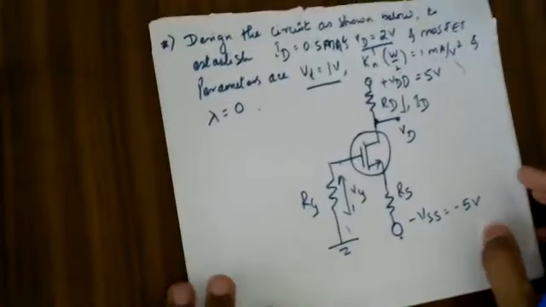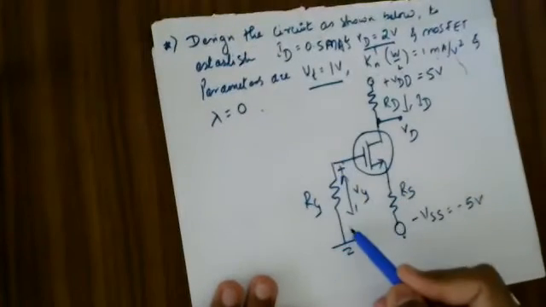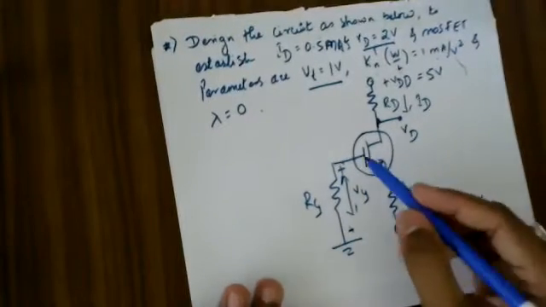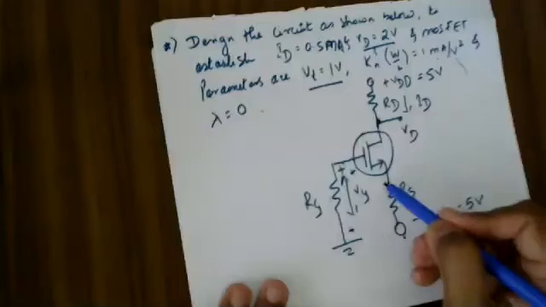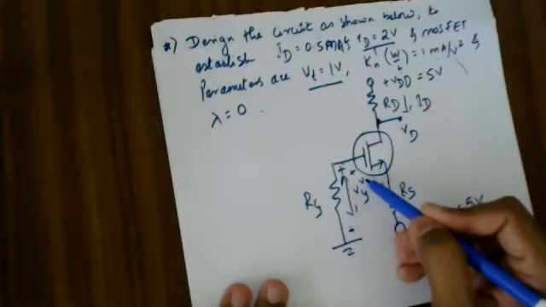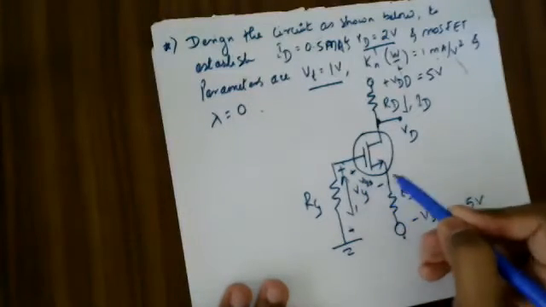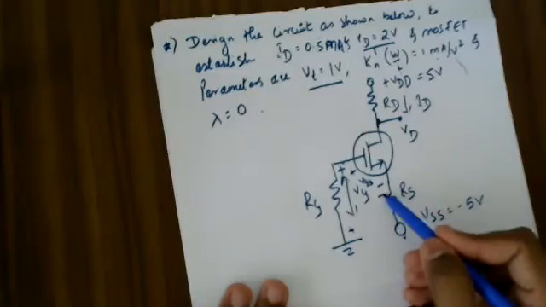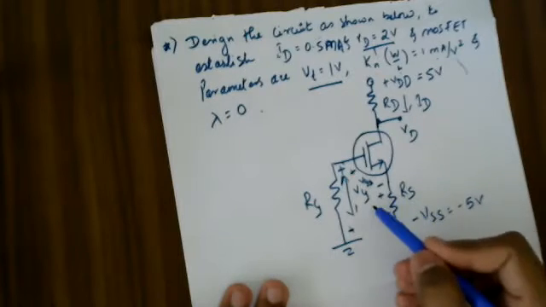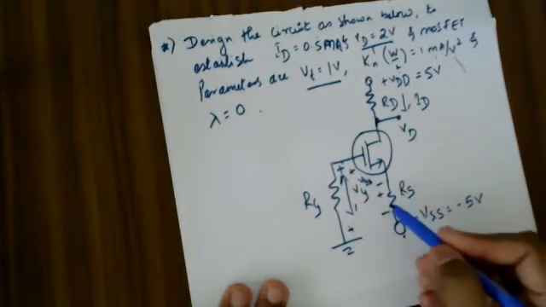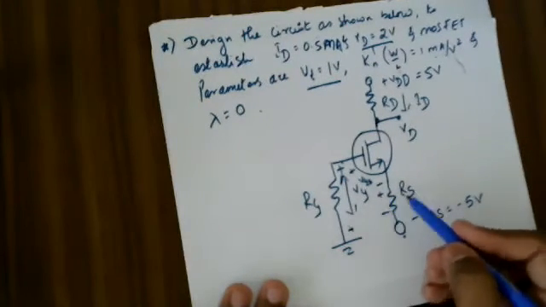I hope you're able to understand this. Okay, so this is nothing but a positive, negative. If you want something in detail, this is positive, this is negative. This is the voltage drop between gate and source. So this is VGS. Again, this is positive, this is negative. This is nothing but your VSS.